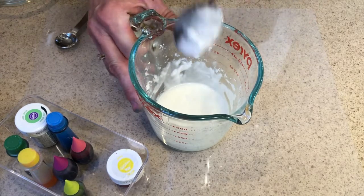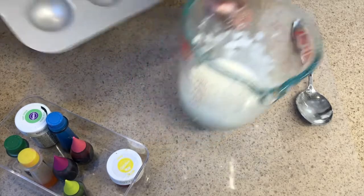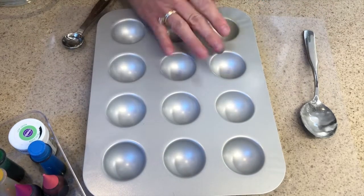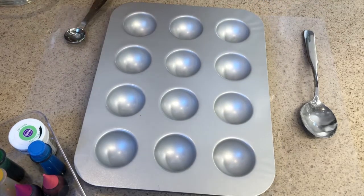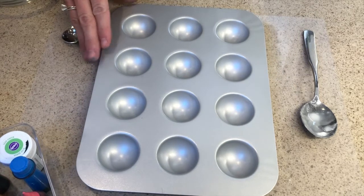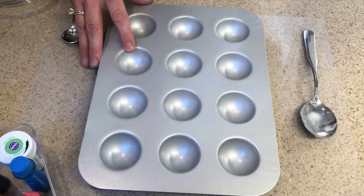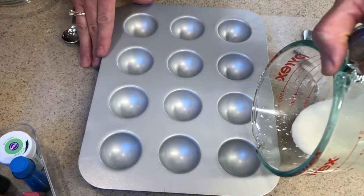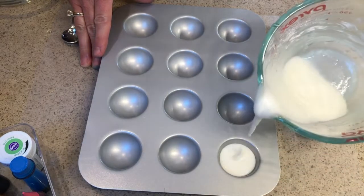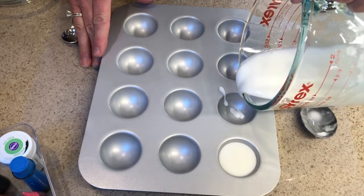is because I'm going to now pour my paints into a tin. Now, I happen to have this awesome little donut hole tin that we are not using for donuts right now, to bake donuts. So I'm going to use this to create my paint cakes in here. You can use an ice cube tray, you can use any of those little silicone things, whatever you want to do. So I'm just going to pour a little bit of paint into each one of these,